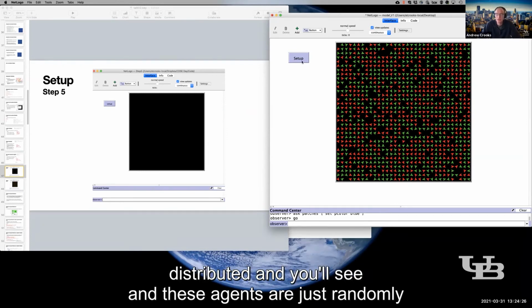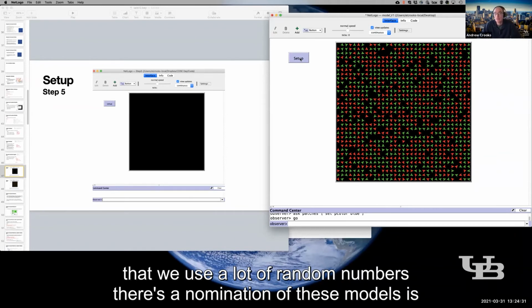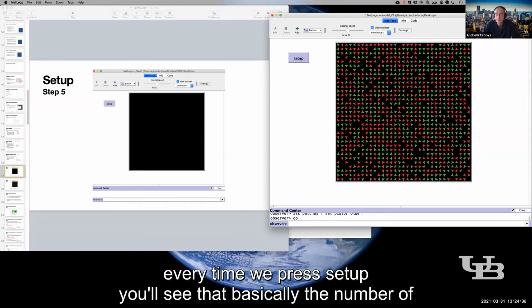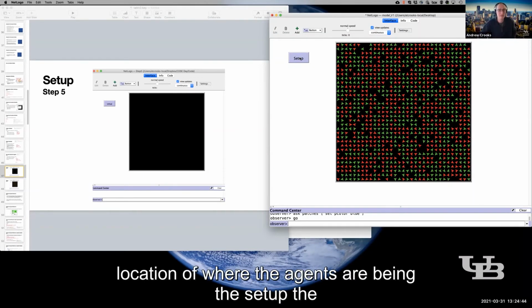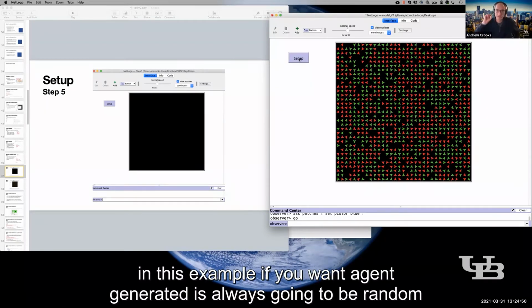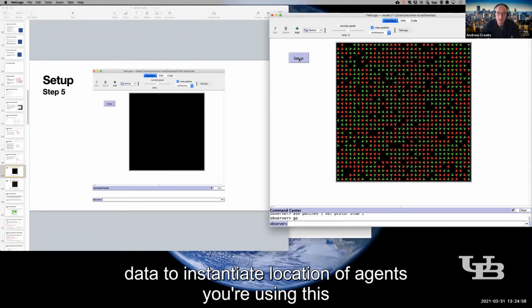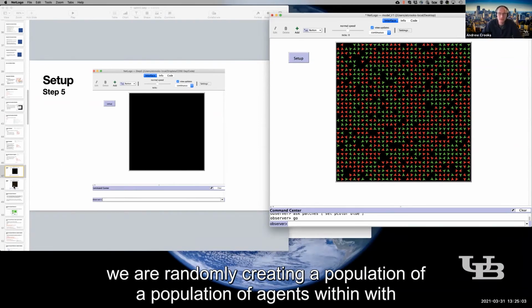These agents are just randomly distributed. Another feature of these models is that we use a lot of random number generators to initialize populations. Every time we press setup, the location of where the agents are being generated is always going to be random. If you want agents at a specific patch, you can do that, especially if you're using data to instantiate the locations of agents. But here we're randomly creating a population of agents